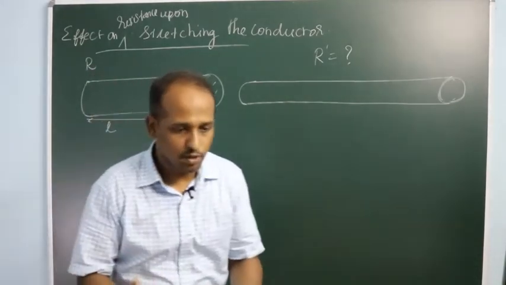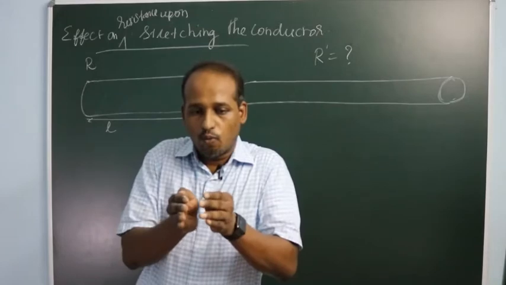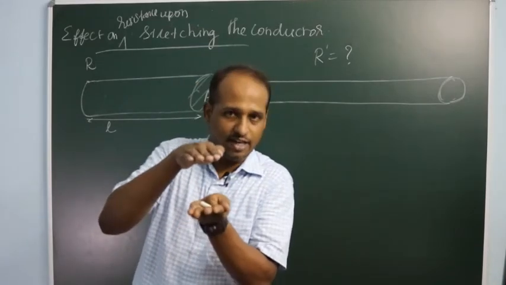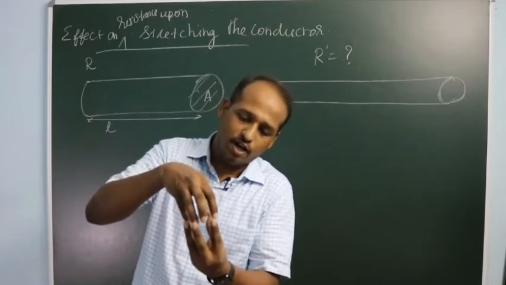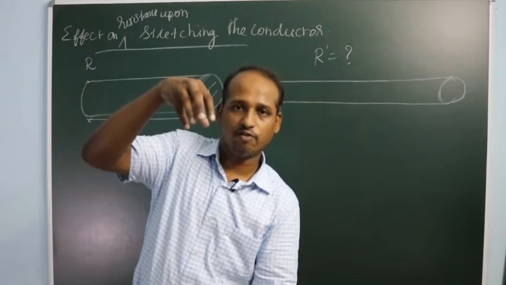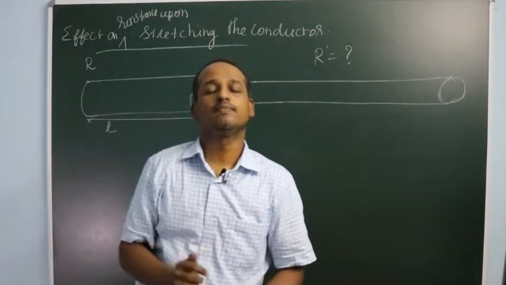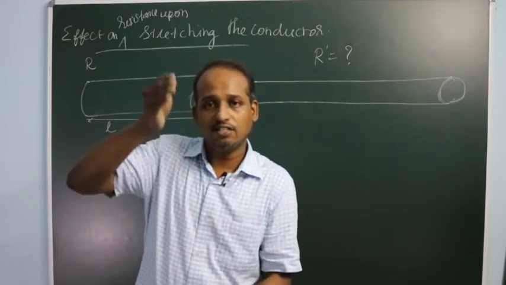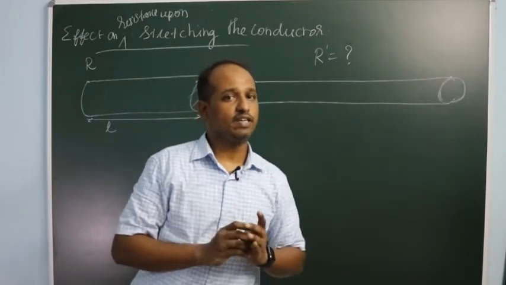It is very similar to taking 1 liter of milk. If there is a wide mouthed, shorter container, you'll be able to fill it. And if you take a tall glass with narrow area of cross section, that 1 liter of milk will fill up to this height. So when the area of cross section decreases, the length has increased, but the same volume will be there in either case.